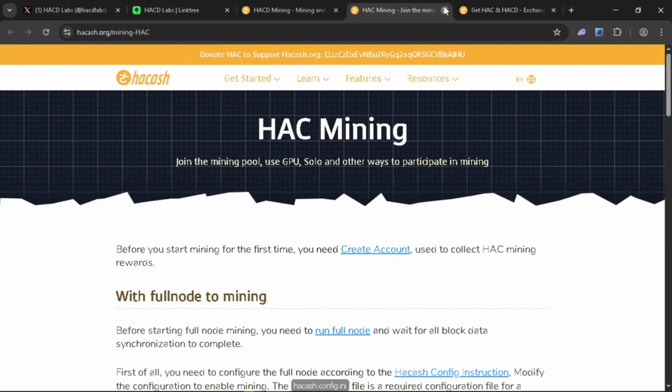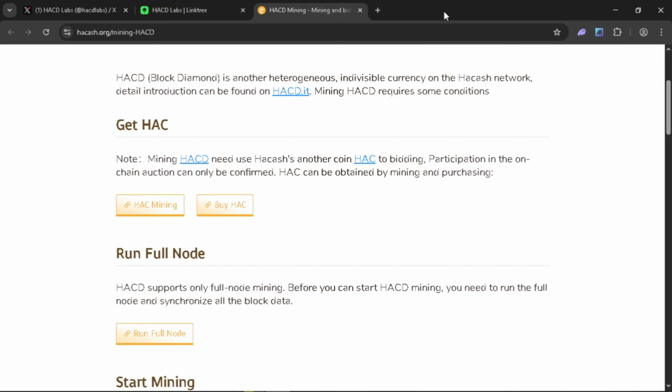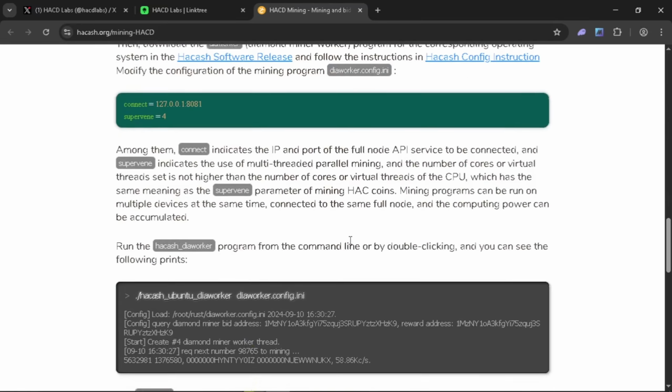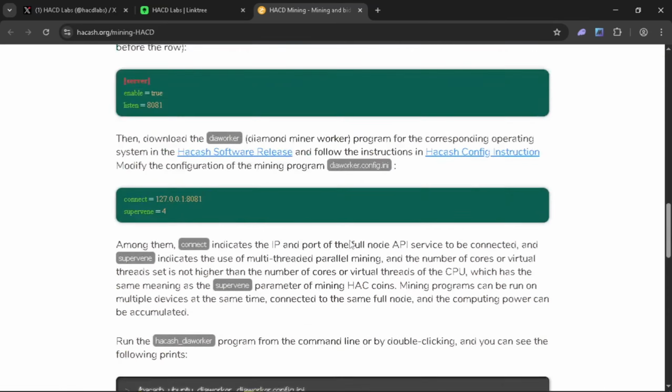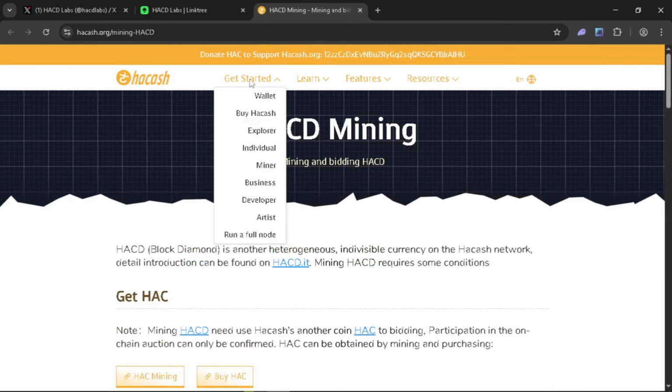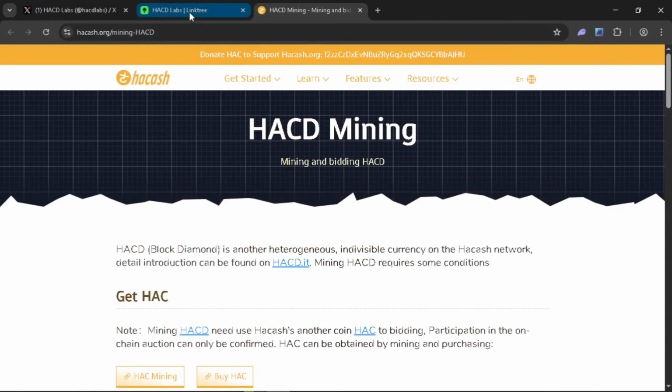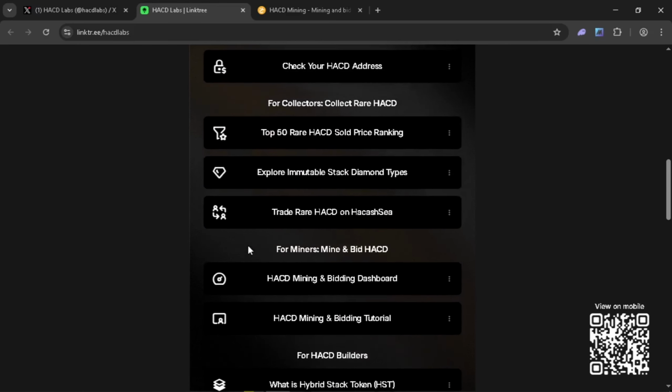So I'll just close the pages, you read them and try to understand them, and I'll probably do a video later on about them because they are time consuming, so I'll need to have a lot of time at hand to do all of that. So coming on to this, let me take you to where you can mine,